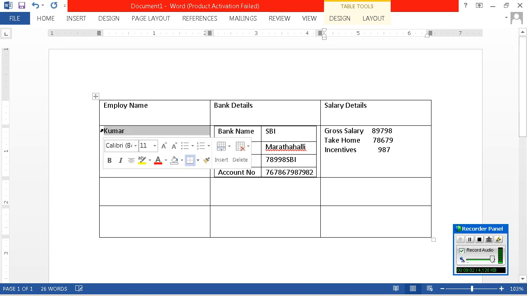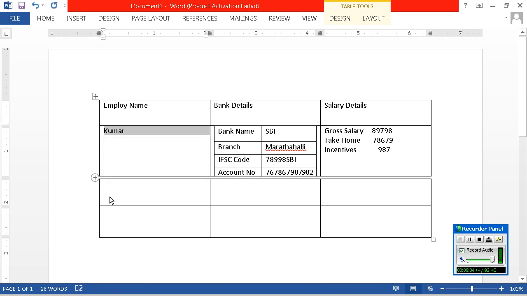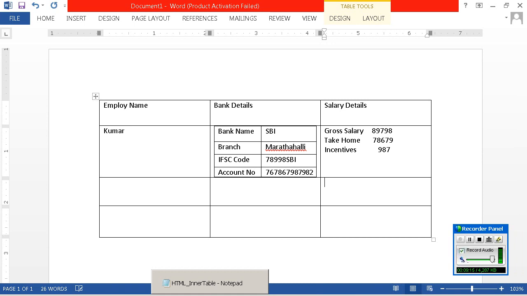Like this, we will have multiple employees. Are you understanding? Then, how to form this one? Tell me how many rows and how many columns? 4 or 3 columns, or any number of rows will get it.